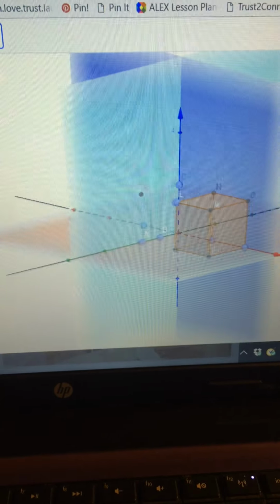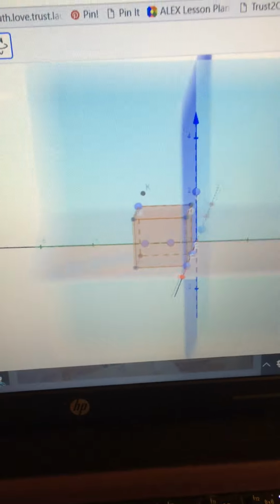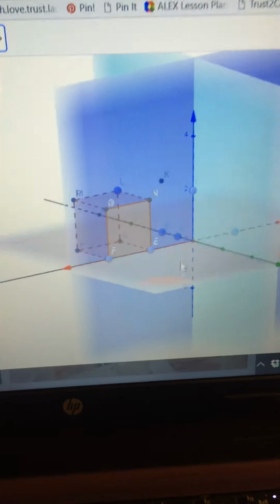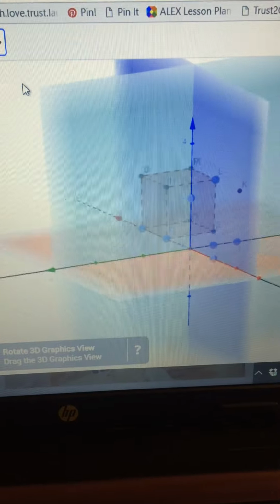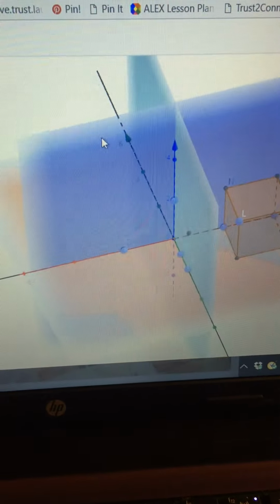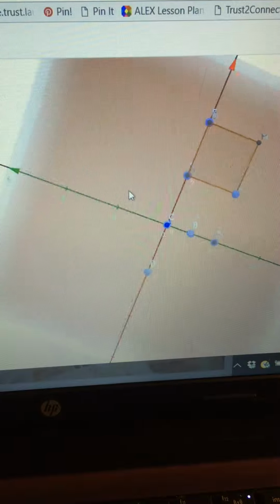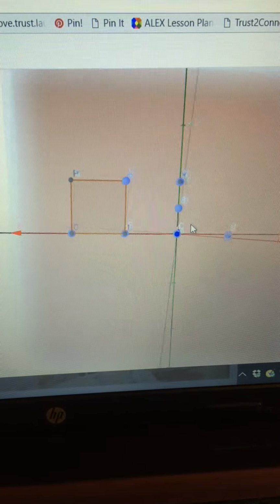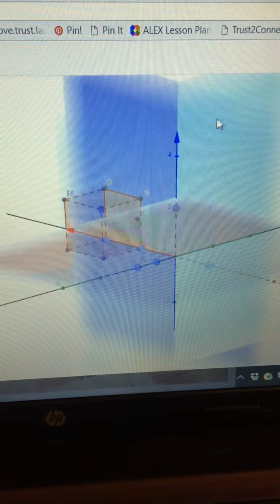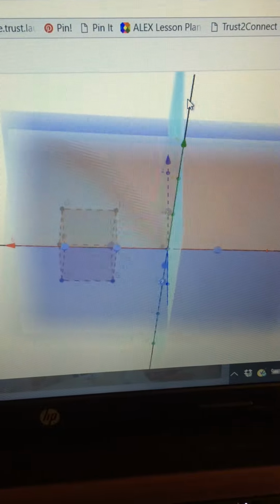So I currently have a cube right now drawn in on the XYZ plane. You can see it here as we are tilting the XYZ plane, and what I'm going to do is I'm just going to play around with it and rotate it and change. And in two-dimensional you can see that it still exists, and then when we look back at however we have our axes show up, it's going to still maintain